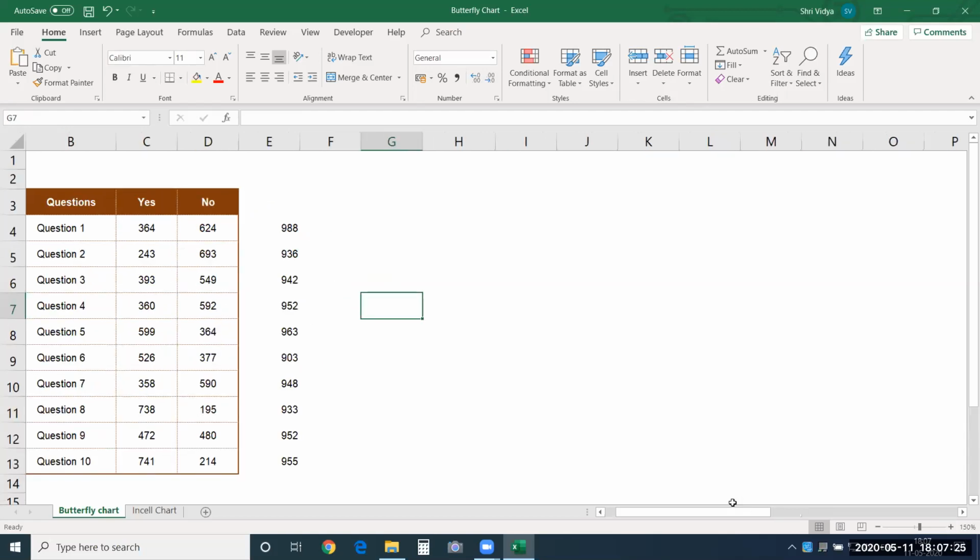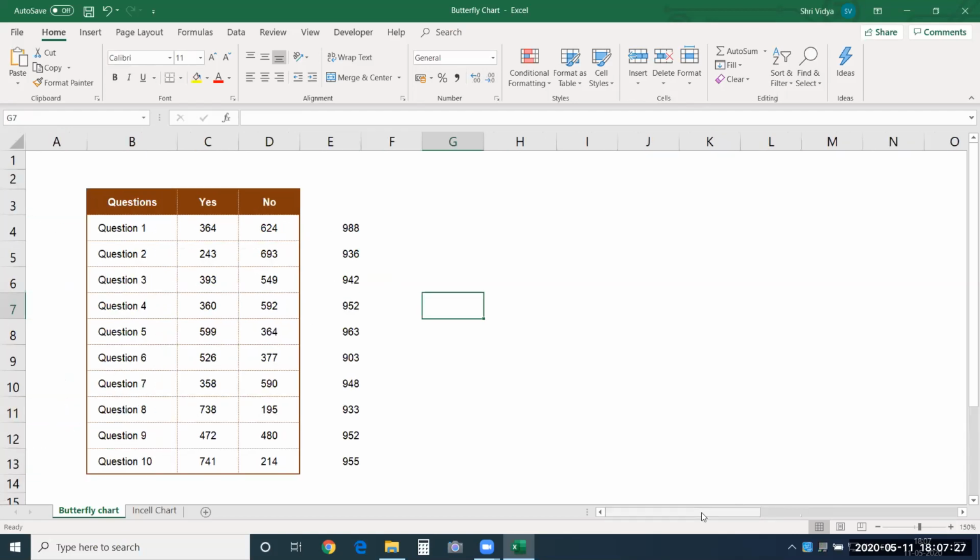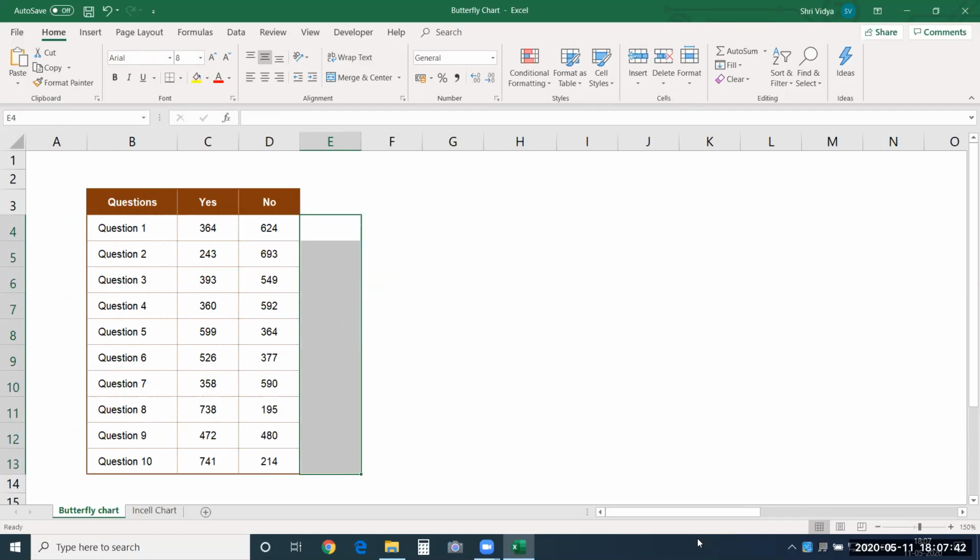So I want to take an average of this so that we have uniform data for plotting. I'll select this. You can see in the status bar, the average is 947.2. Now let's consider the average as 947. Considering that, you have to keep your data in this manner.